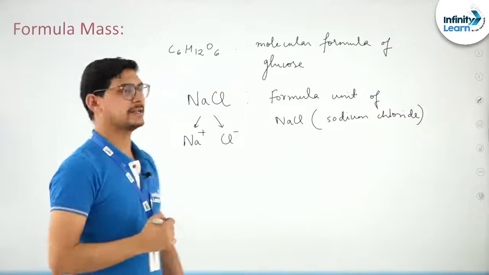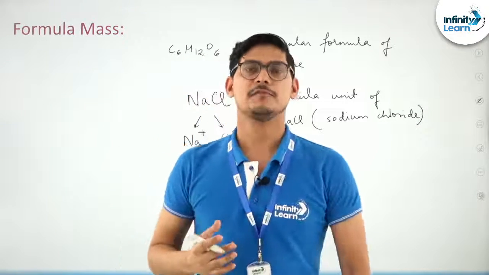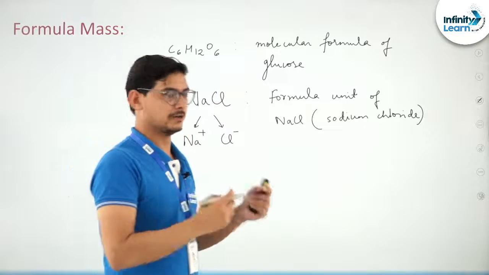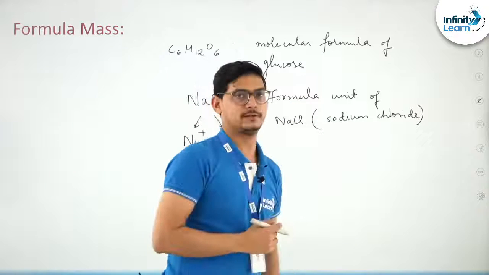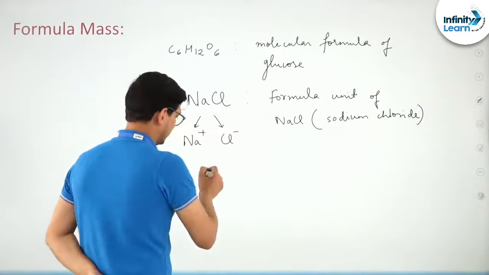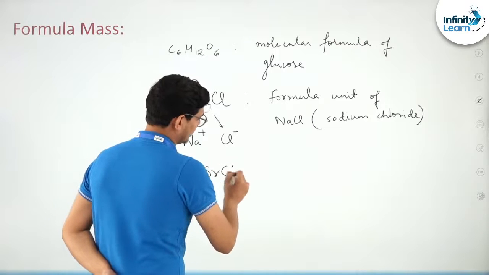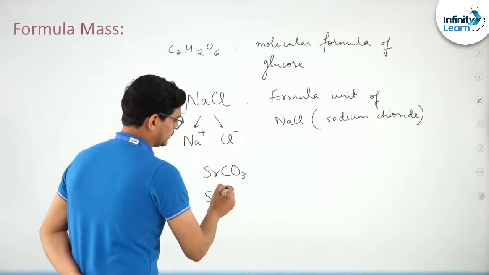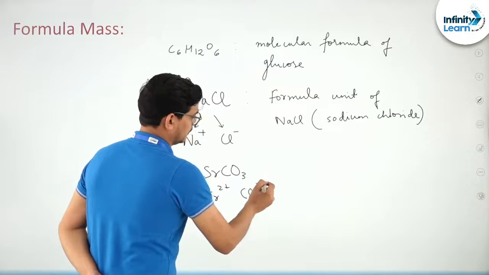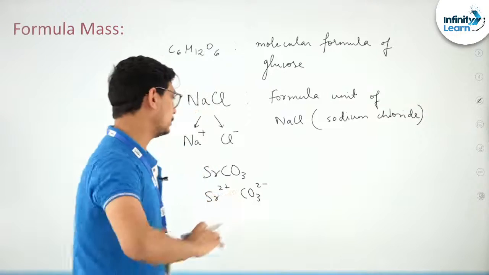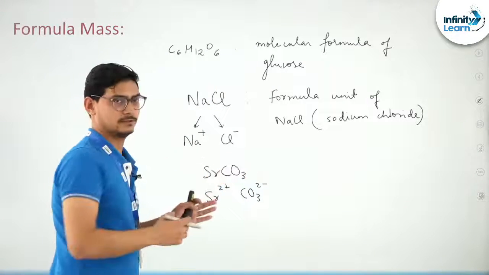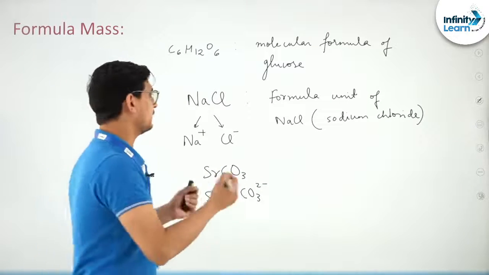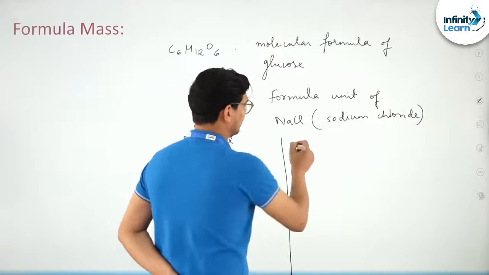So just as C6H12O6 represents the molecular formula, for any ionic compound, the molar ratio of its ions will represent the formula unit of that compound, right? For example, if I take let's say SrCO3, right, strontium carbonate. So it contains two types of ions, strontium ion and carbonate ion. Right, they are already separated. So you cannot use the term molecular formula for SrCO3. It is wrong. You will have to use the term formula unit. Okay. So if I tell you to calculate the formula mass of NaCl,